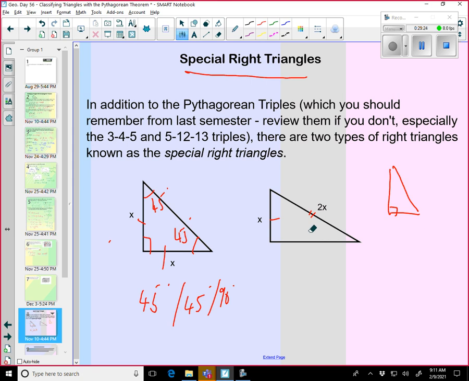And the second one is, if I have a 90 degree and one of the sides is x and the hypotenuse is twice the smallest side, then we will have this particular angle opposite to the smallest side to be 30 degrees and this to be 60 degrees. This is called 30, 60, 90 special right triangle.